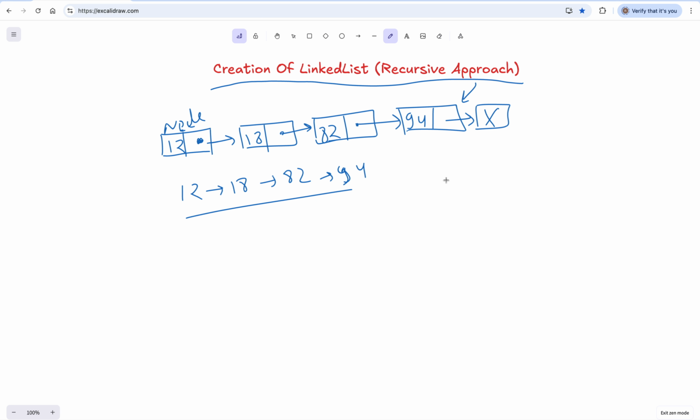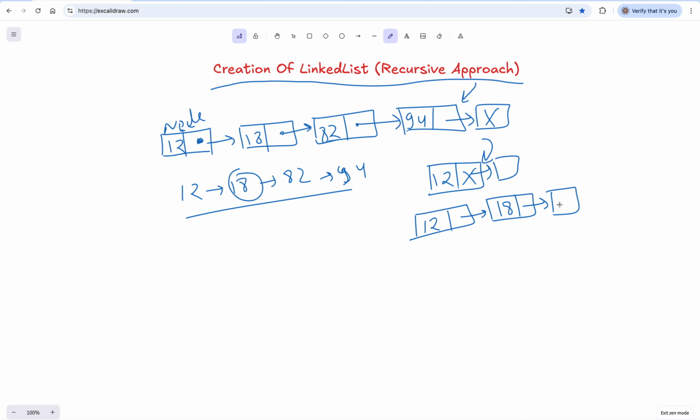So in the beginning I can create one node when nothing is there, and this will be pointing to null in the beginning. When one more element comes, 18 will come. Then I'll traverse the linked list until it is null. Then 12, and I'll see this particular node is null. Then I'll add one more node, and the new node will be pointing to null actually.